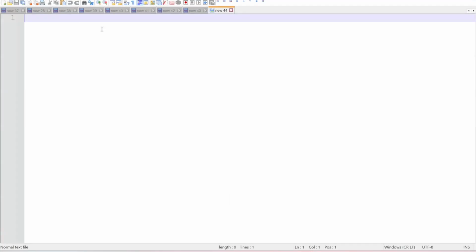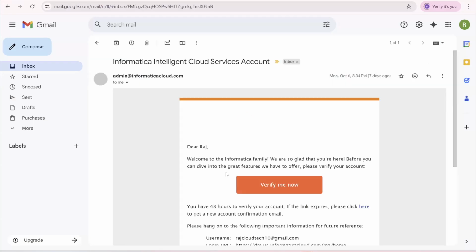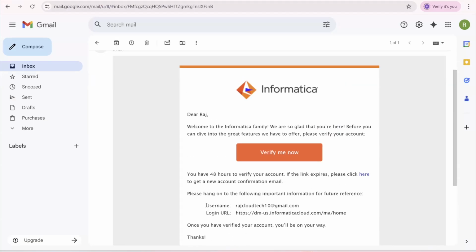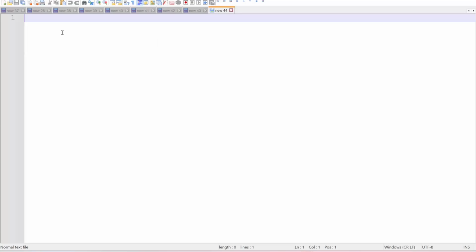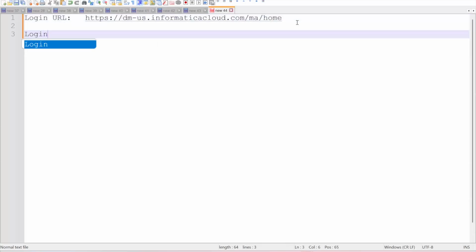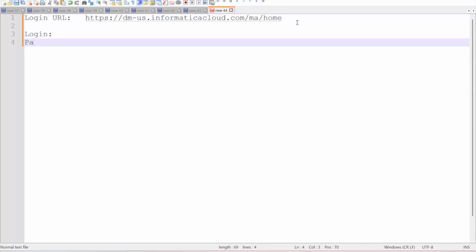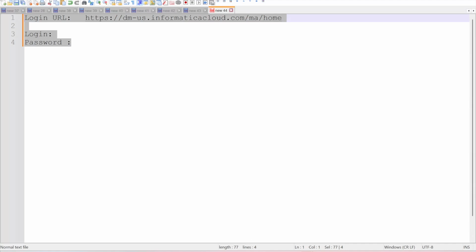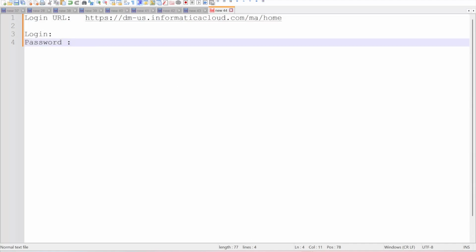Now if you see, they will give the link. So this link they will provide. They'll provide the login URL. These details they will send you individually, each different. And they will give login, that is email ID, and also password. So that you can work for a month. After 1 month, you can ask again. Maybe after 1 month, it will work again.